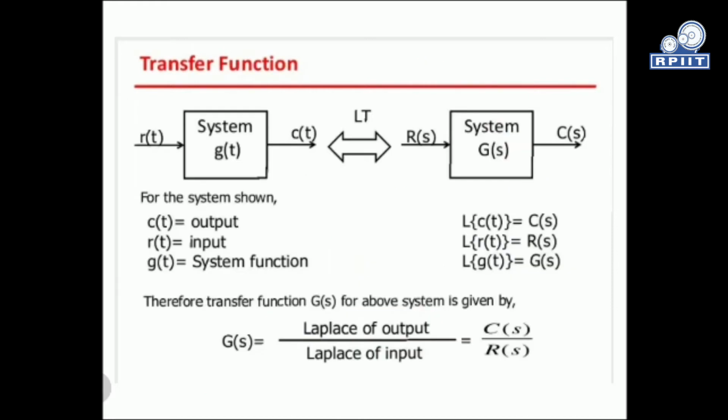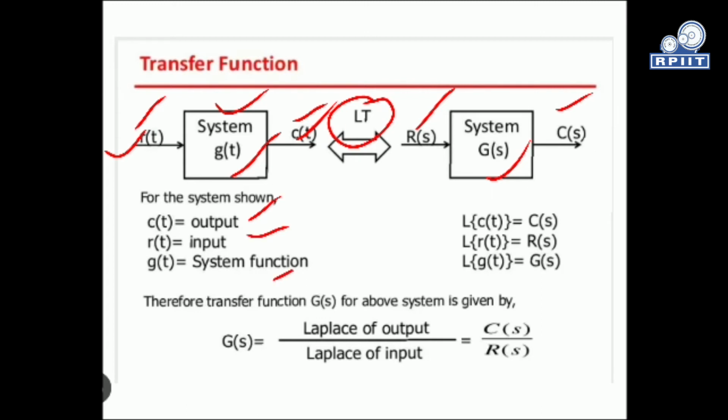So we will analyze this with an example. We have a system which has a transfer function g of t, an input r of t, and an output c of t. Similarly, we'll convert this into the Laplace transform, so the LT operator will be applied. R of t will be converted into R of s, g of t into G of s, and c of t into C of s. Parallelly, we will analyze the transfer function of these two functions. So this is our open loop system basically. c of t is the output, r of t is the input, and g of t is our system function.